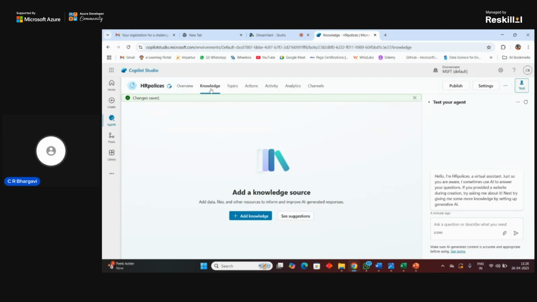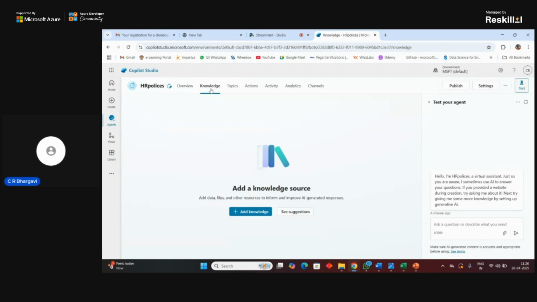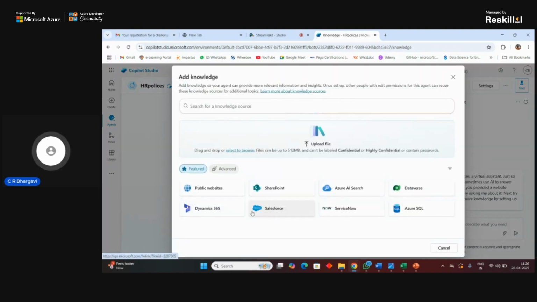So once your agent is now ready, what you would be adding as a next step is your knowledge source. Knowledge source is not very different from the knowledge base that you would be doing for the model creation, right? So it's the same thing that you have here as well. You call it a knowledge source. And the knowledge source can be of any kind. It's the same as the one that we saw while we were creating it, right?